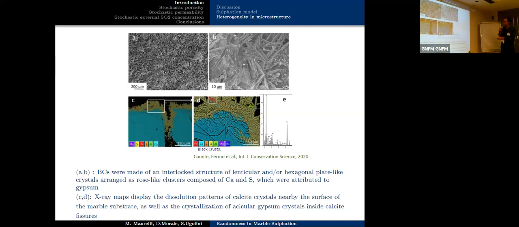Here you see an enlargement of this piece. This picture gives an enlargement of the square in picture C, showing again that there is quite some heterogeneity. For example, in this region here, I hope you can see the pointer, you do not have so much porosity. You have instead